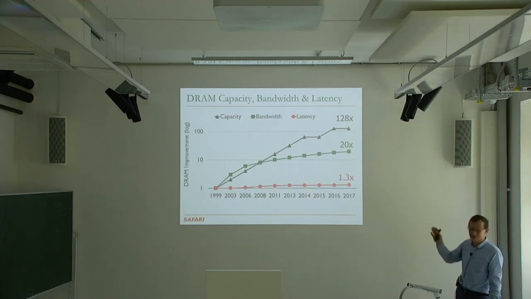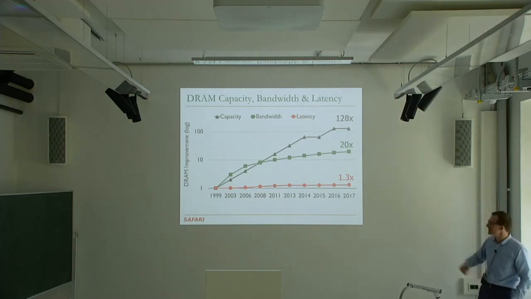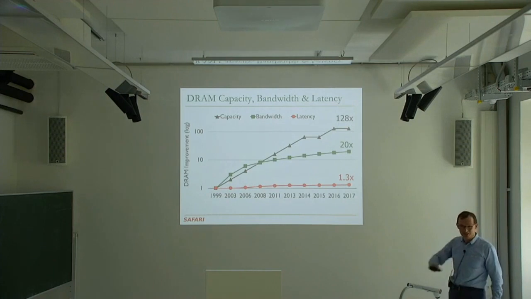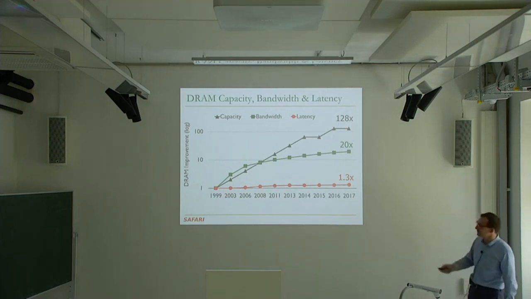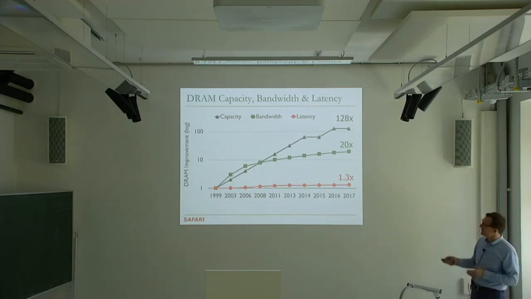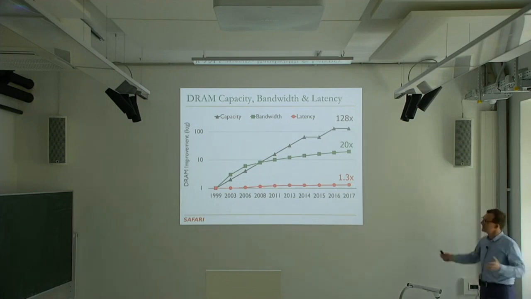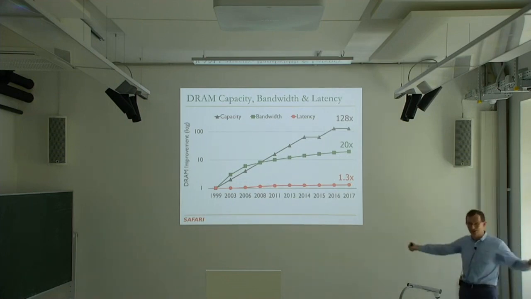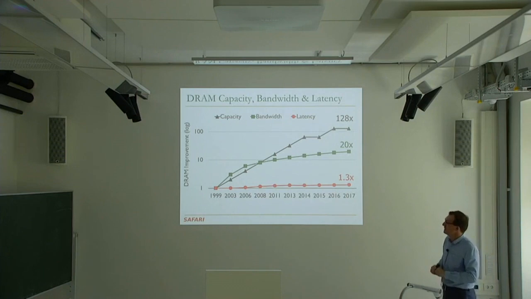And this is also surprising to me, actually. I was expecting less than 30% in the last 18 years, but it is really 30% in the DRAM standard. If you go back to 1999, it's 30% higher. But clearly, this is due to multiple reasons. I've given you the limits for bandwidth, but the limit for latency is, again, interconnects. The interconnects are limiting the latency.